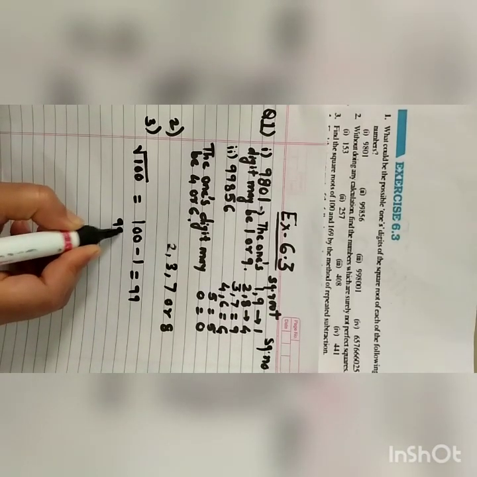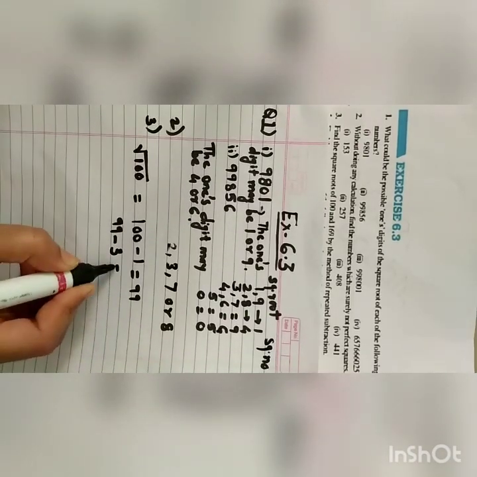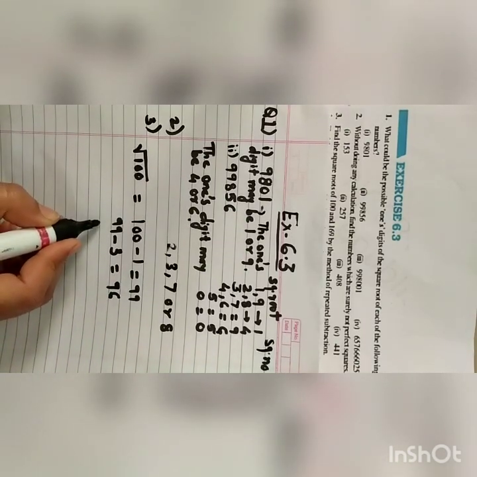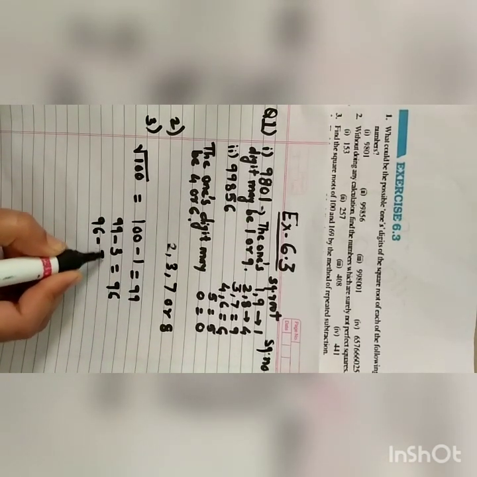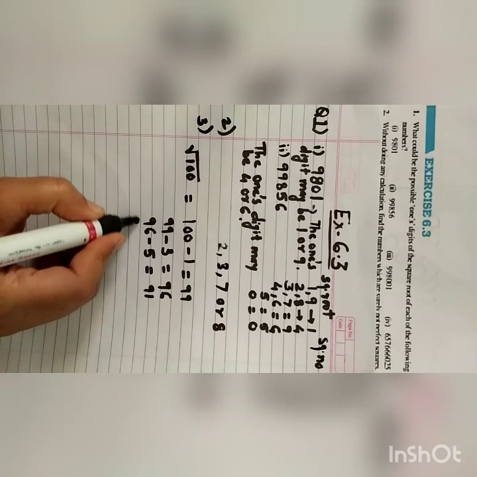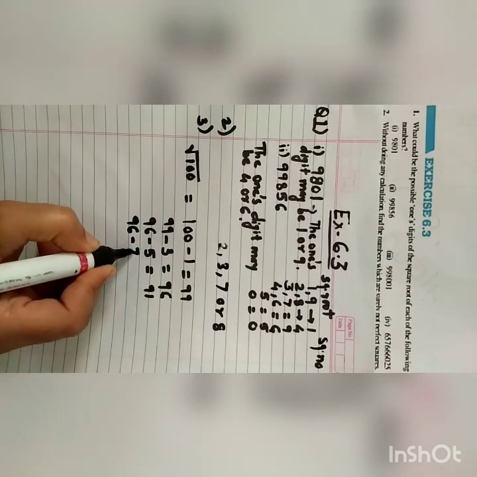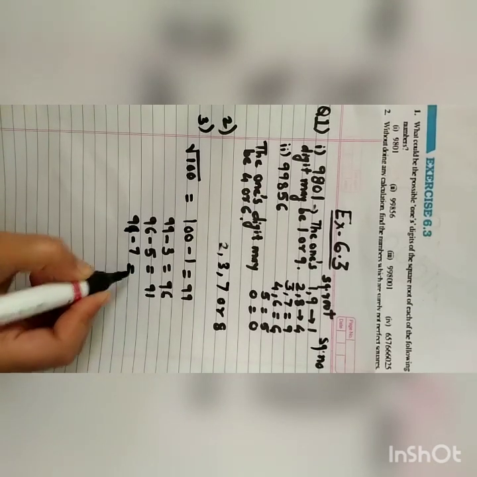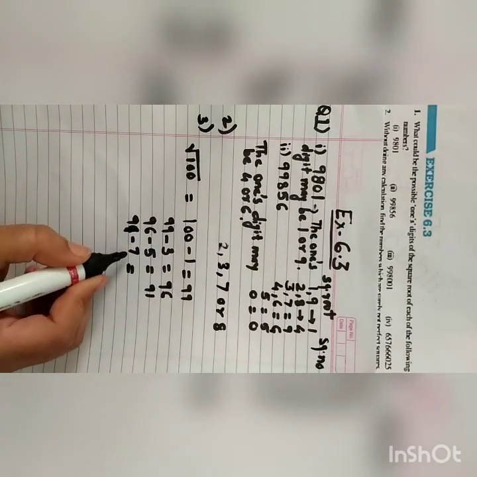Then second odd number, 99 minus 3, that will be equal to 96. Then the third odd number, 96 minus 5, which is equal to 91. Then fourth odd number, that is 91